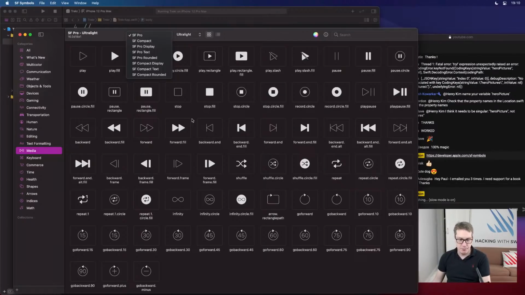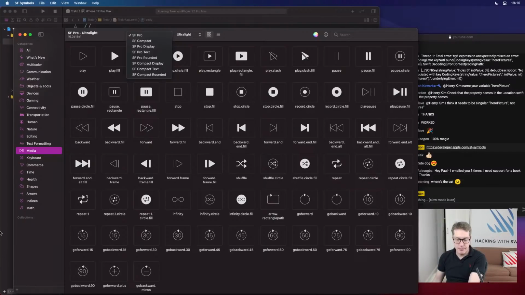So check that out. So anyway, we added a tab bar so we can add more views to our app. And in this case, we're going to add a wholly different kind of view to this, which is,